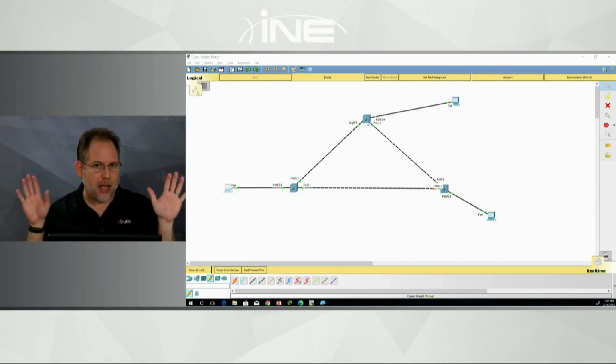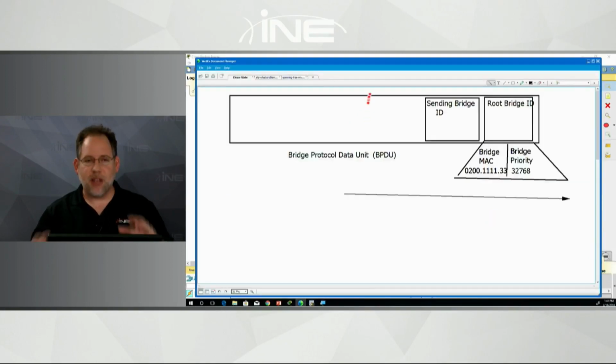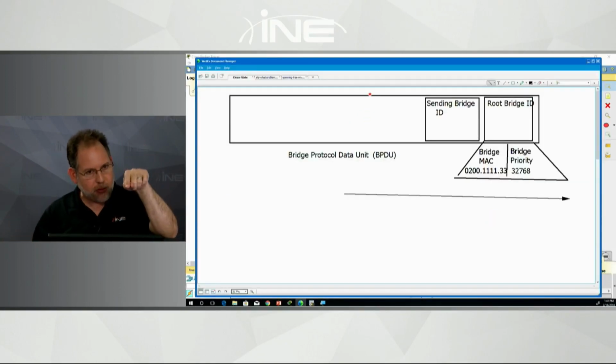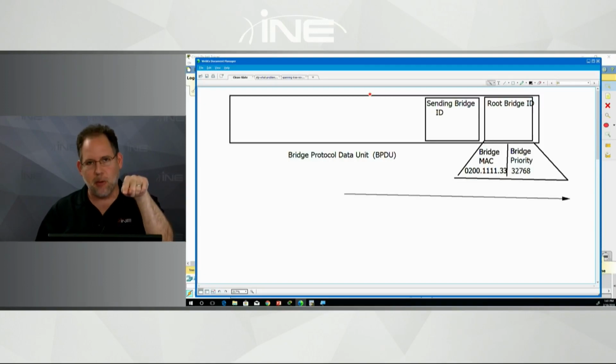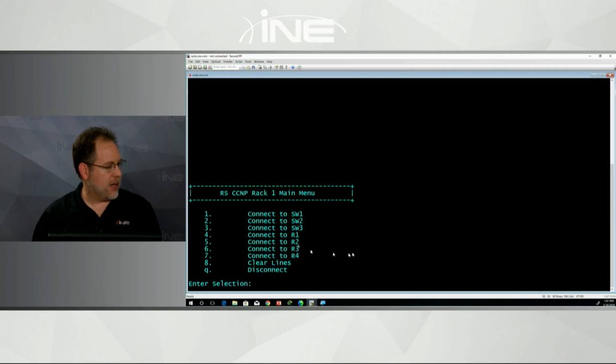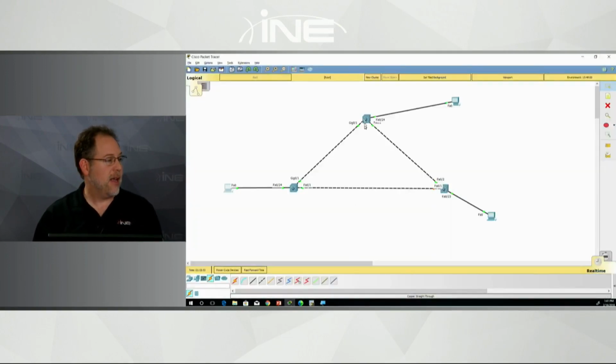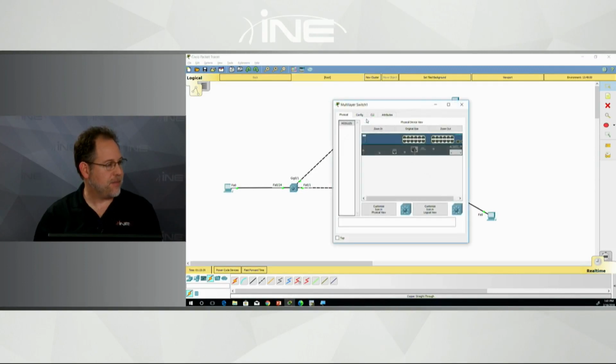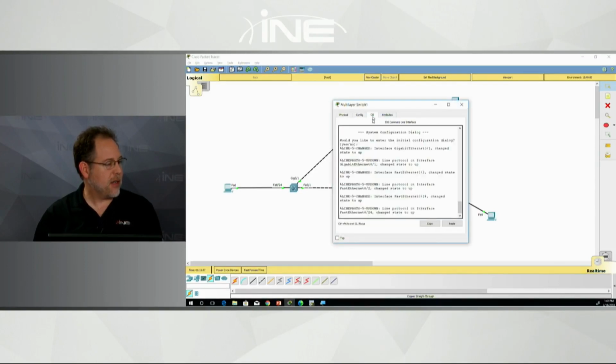So if there's nothing else that people do with spanning tree, they will identify, okay, that bridge right there, I want that one to be my root bridge. How do you make that happen? You change the priority. And there are actually a couple of different ways you can do that in Cisco IOS. Let's just take a look at Packet Tracer. First of all, what options does Packet Tracer give us? So if I go into the command line here,